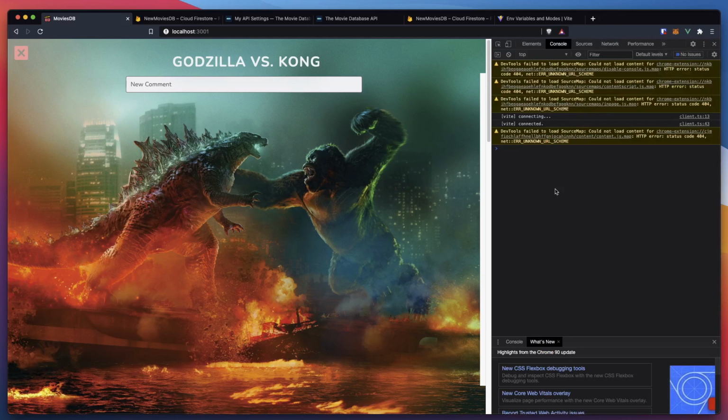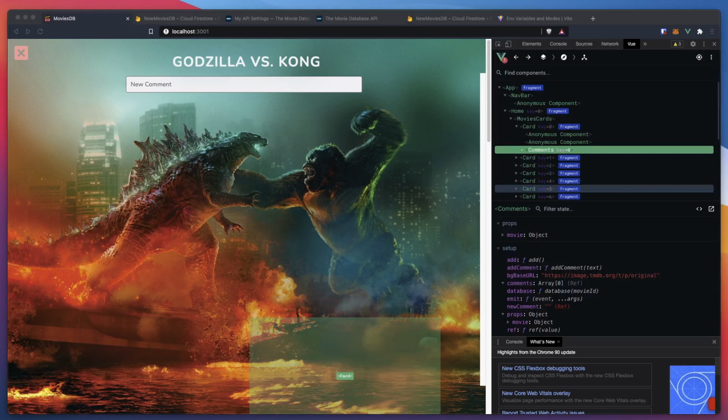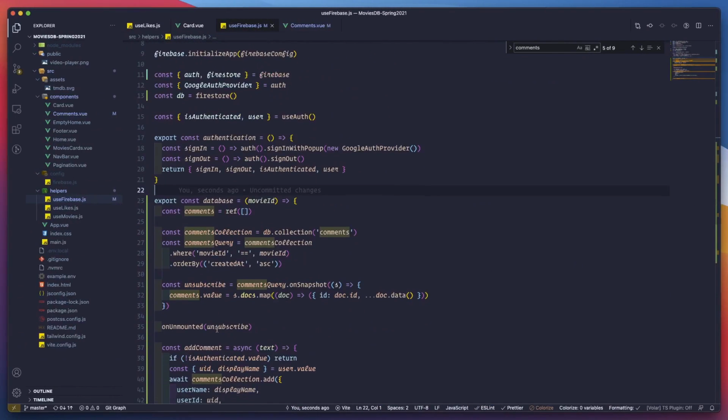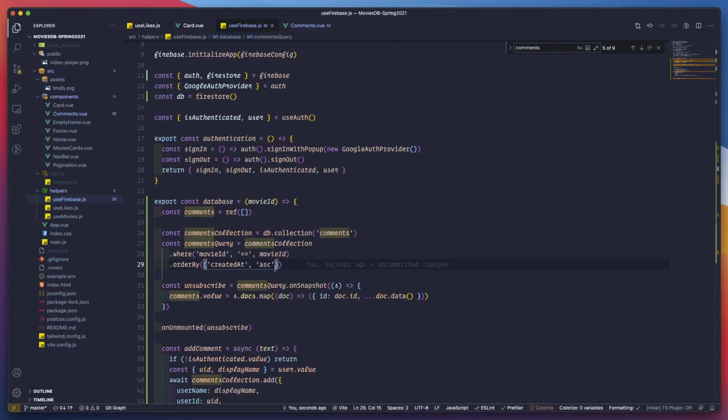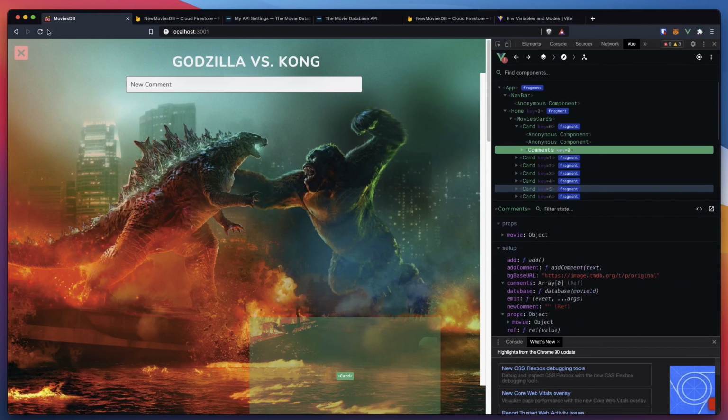Let me pause the video again. Let me check what my view tools are, not where they're supposed to be, and we will see what is actually happening. Okay, I believe I have the issue. I can see here in my order by, I have a double parenthesis. I don't know why I had double parenthesis, but if we do that, and let's refresh,